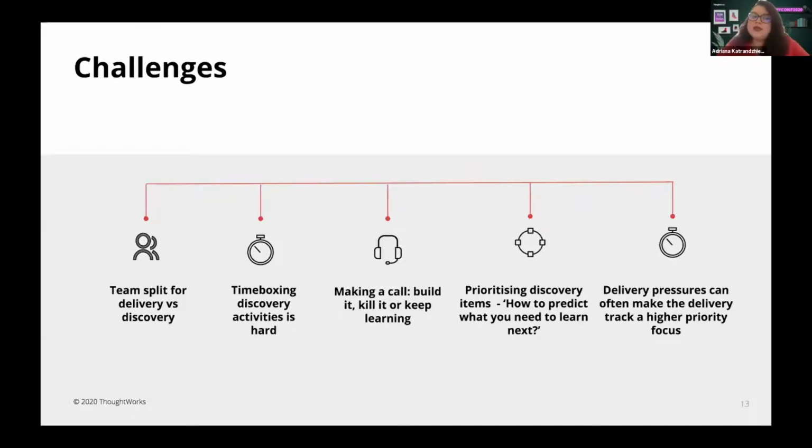So what helped was, again, that bridging role that kept the team honest. And so say you've decided for a few iterations or a period of time to focus on the development bit, then there has to be a question of, when are we going to also focus on the discovery? So that was the last challenge I have for you.